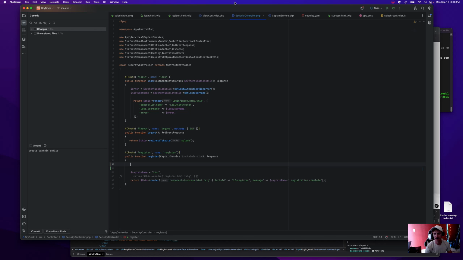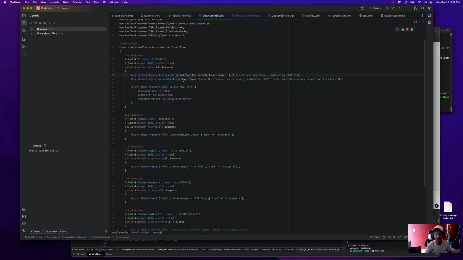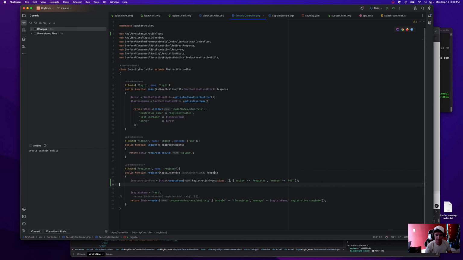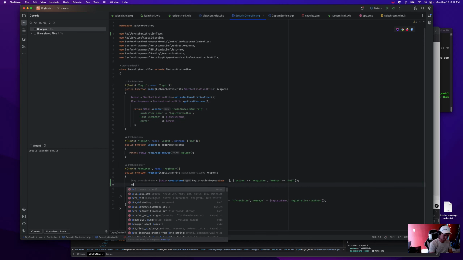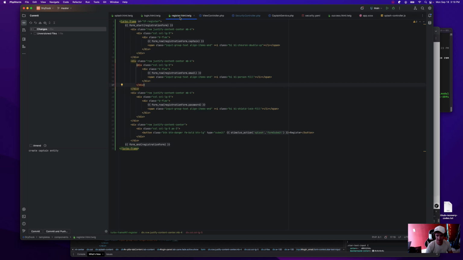Because of the routing like this, it's submitting to a different route than where it's originating, and I think I might have an issue. But maybe not. So we've got the registration form. Let's see what we get out of that before we go too much farther.